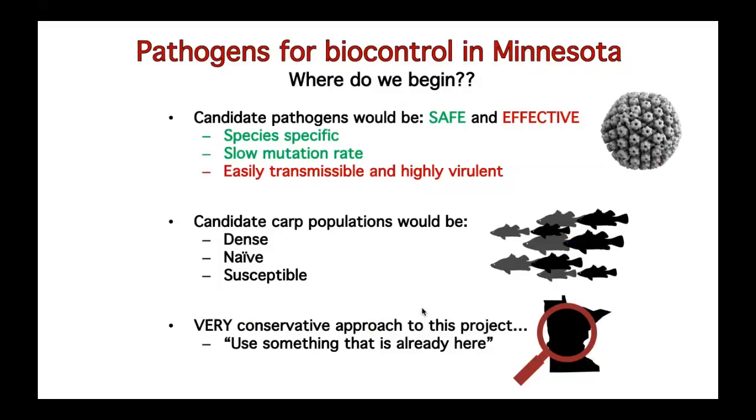So we're approaching this from a very conservative approach where we're going to try to use something that's already here. This isn't really the classic way of using pathogens for biocontrol. We usually use an exotic pathogen, and it's a little bit of a scary situation because you have no idea really. I mean, you might have some idea from looking at other regions and their ecology, but you haven't actually seen the pathogen interact with your system. So this is a good way of making sure that you can actually have study sites at your fingertips. You can see what effects it's already having, and then you can decide whether to proceed or not using that information.